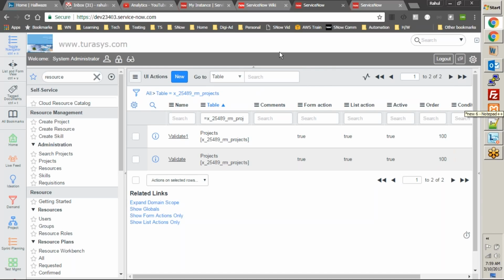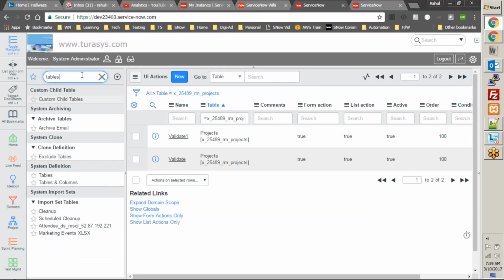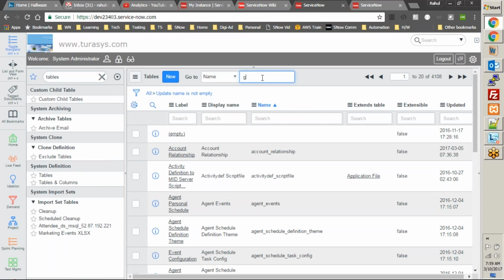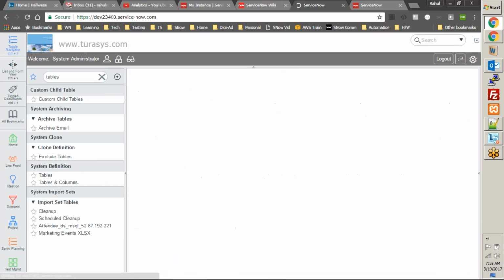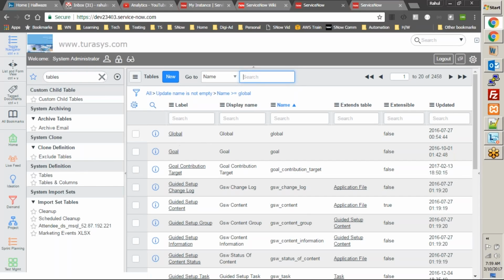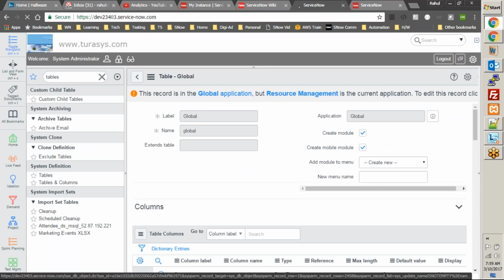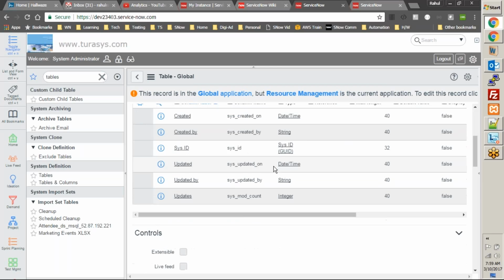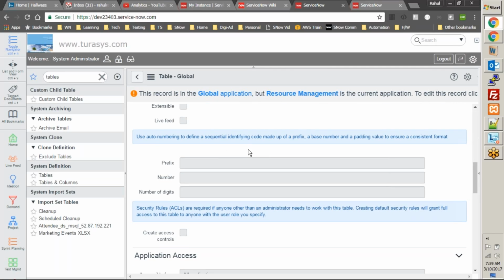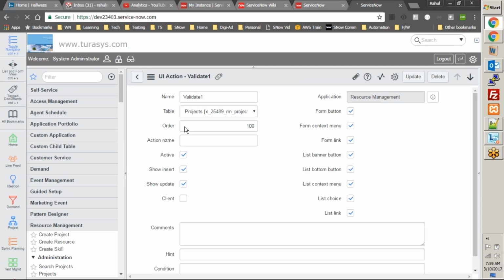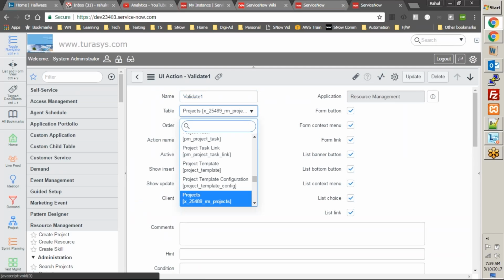So there is a table in ServiceNow known as global. That table is used in many cases where you want to apply one component of ServiceNow onto multiple places. So global is the table that has the highest scope available, I think. And you can use this global table to do such kind of activity. So instead of using the projects table in this UI action, if I use the global table,